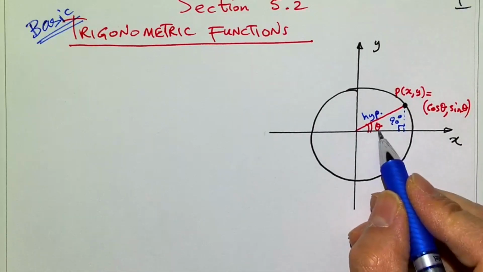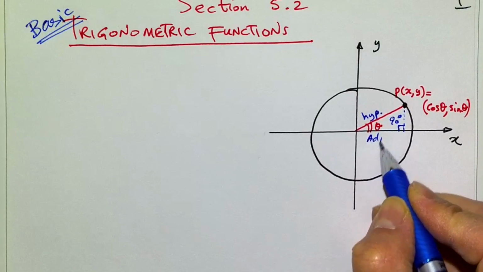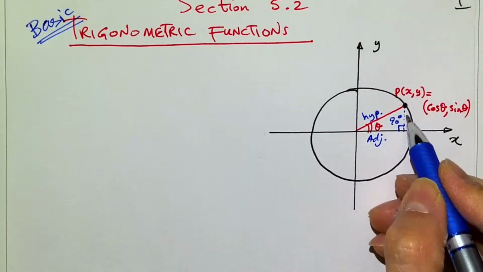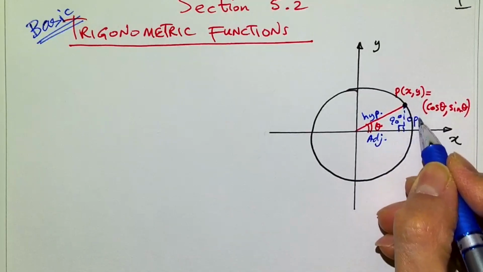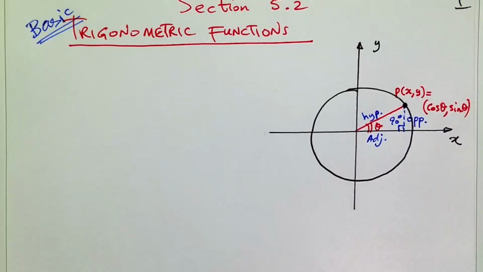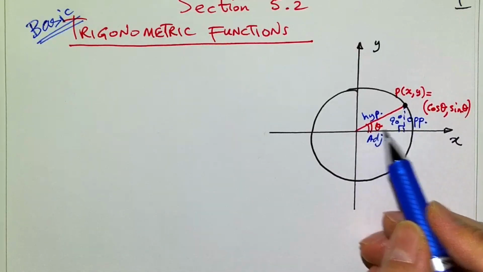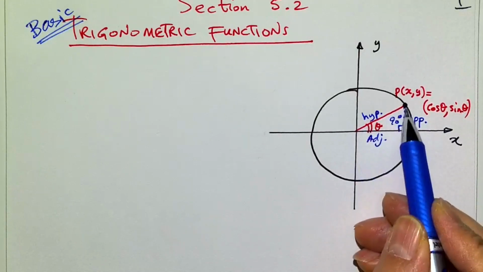It has an adjacent side to this angle theta, let's call it ADJ for short, and there's an opposite side to this angle. Let's call that OPP for short. So that side of this right triangle is opposite to theta, this side is adjacent to it, and this is the hypotenuse of this